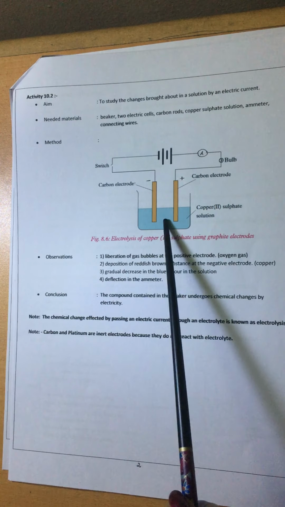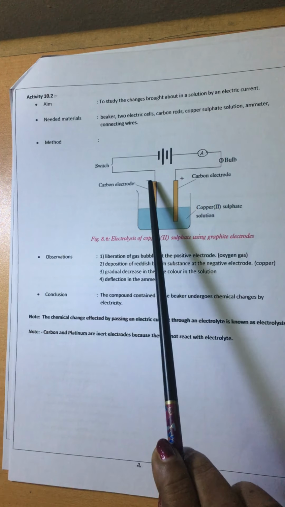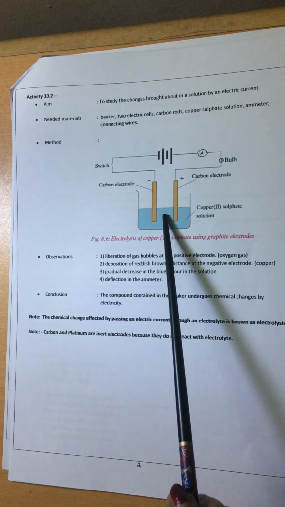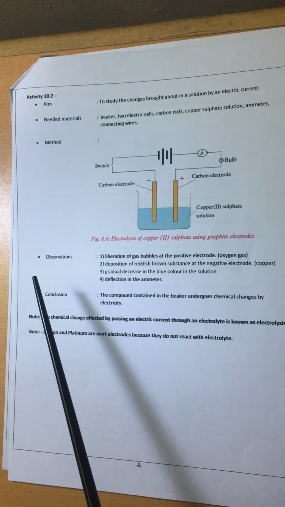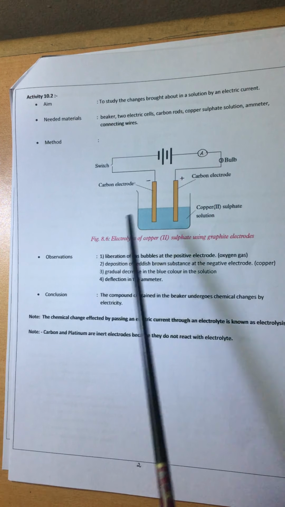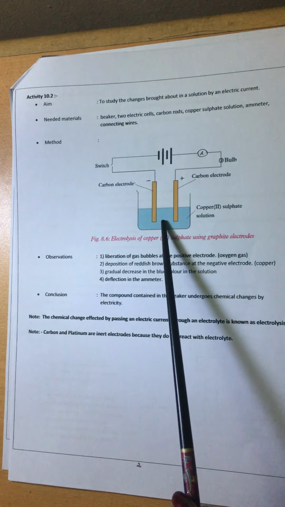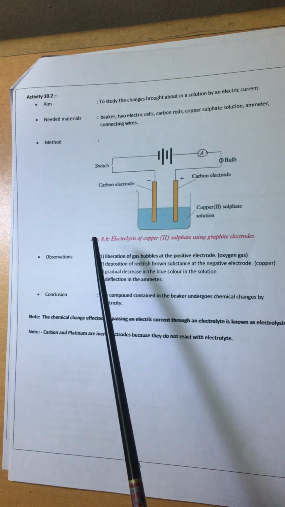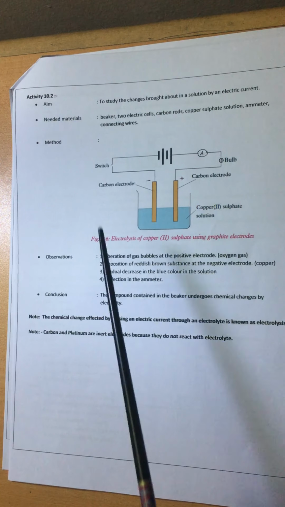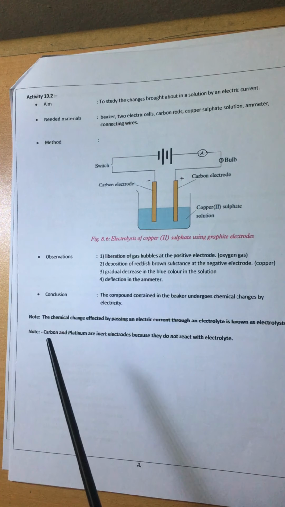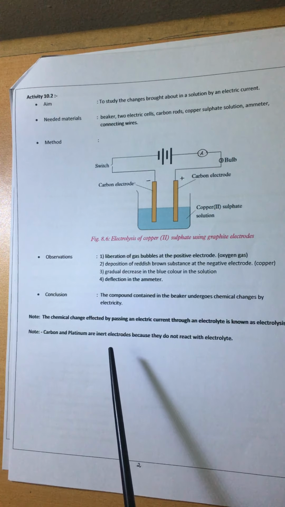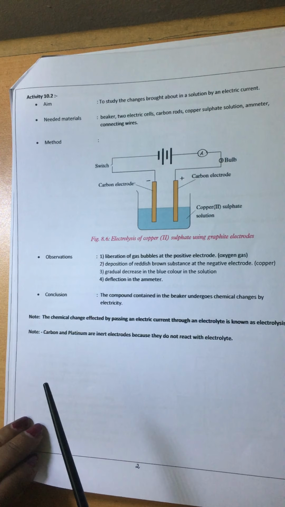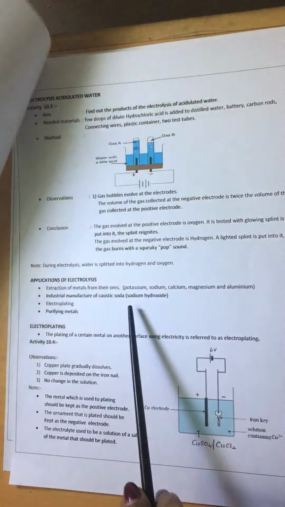So here actually the carbon, when you keep here carbon electrode or a platinum electrode, the electrodes do not make reaction with electrolyte. But if you use metals here, the metals also react with electrolyte. Metals are highly reactable, so they react with the solution. But if you use carbon or a platinum, they won't react. Therefore, that carbon and platinum we call inert electrodes. Inert means they won't react, right? So this is the experiment here shown.